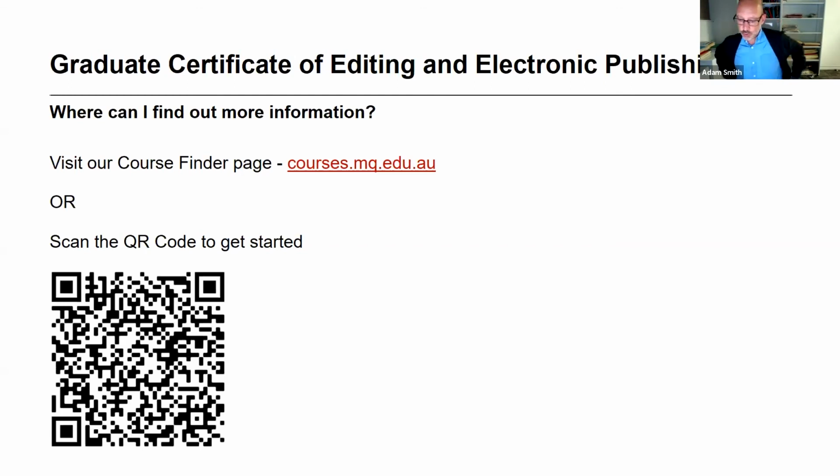If you want to broaden your knowledge and skills in editing and electronic publishing, you'll be sent some more information about this particular session as well. The course is available in session 1 and 2, as I've noted, and you can start equally well in either one because we have introductory level units in both of them. And you can start in July. The applications for session 2 close on the 9th of July, so you've still got plenty of time to get in if you are interested.